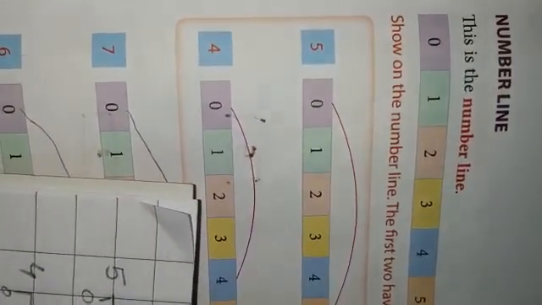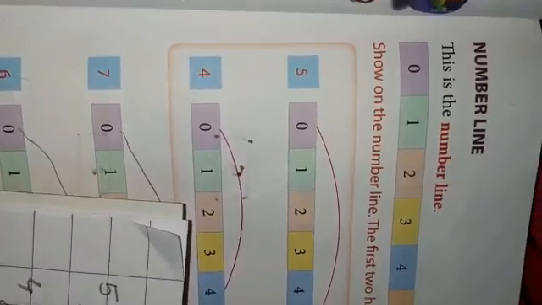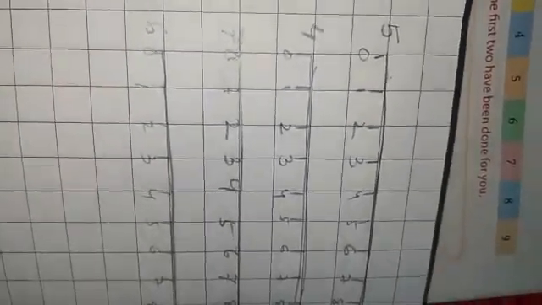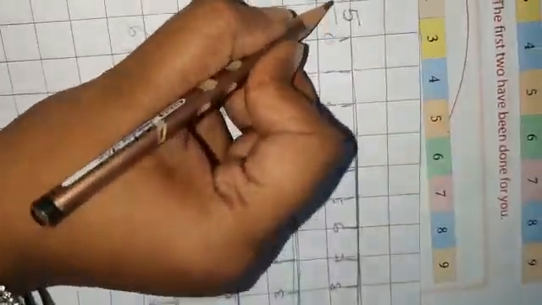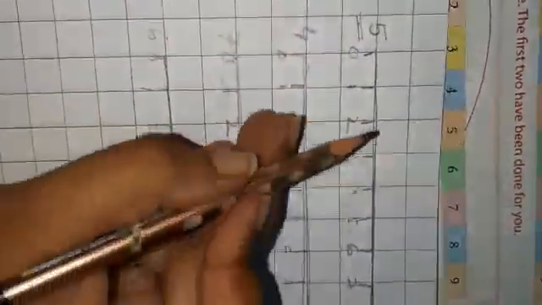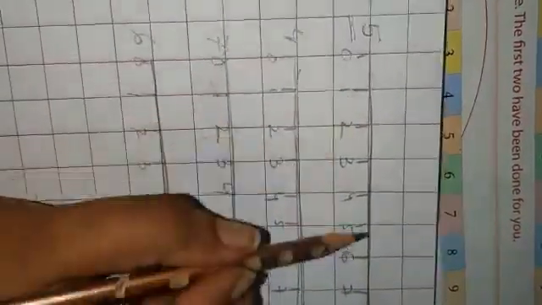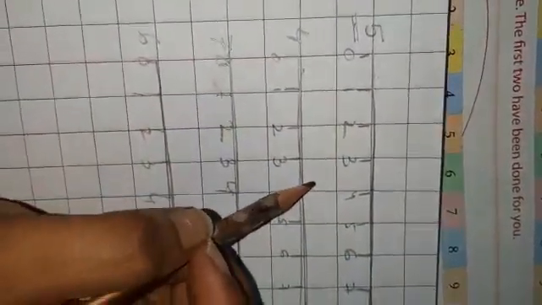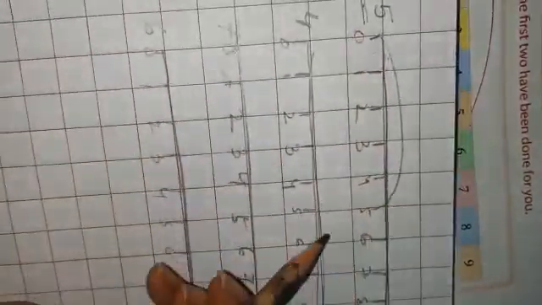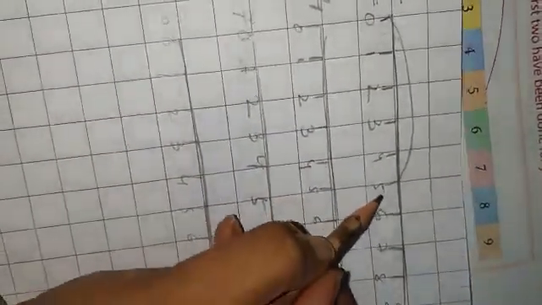Then students, you will write the number line question answer in your copy. How to write? Let me show you. So first you will draw the number line from 0 to 9 or 0 to 10. Then which number you need to find out, you have to write. So here you have to find out 5 on your number line. So from 0 to 5 you draw one line and show that you have found 5. And for better understanding, you circle this 5.